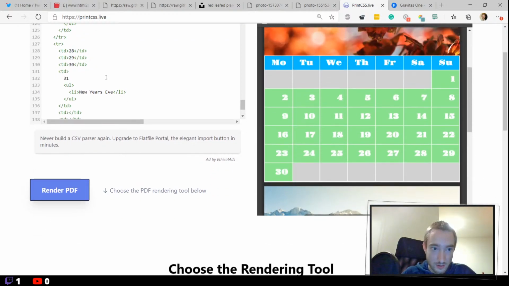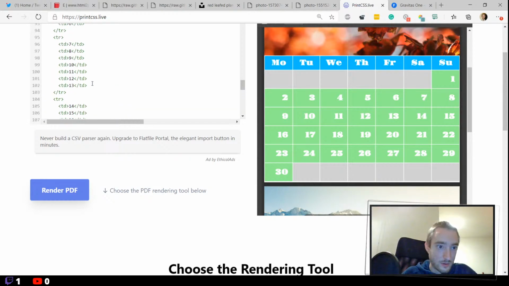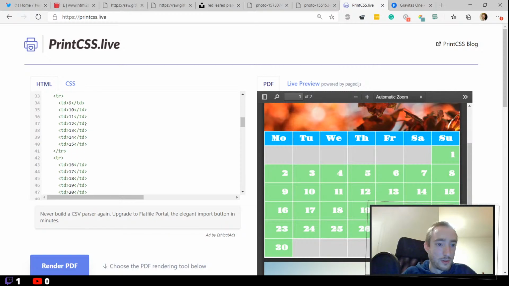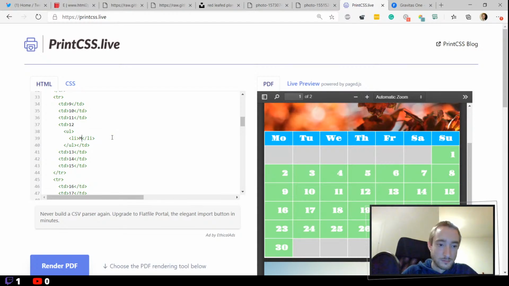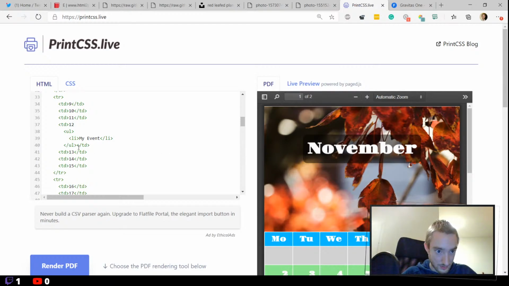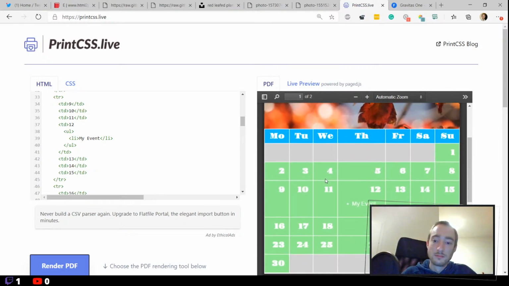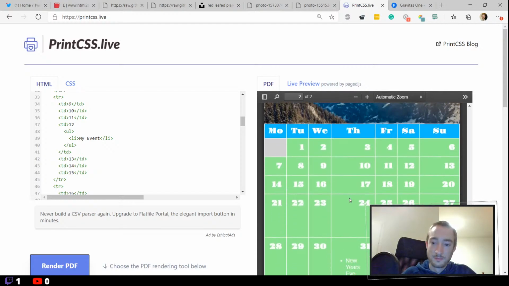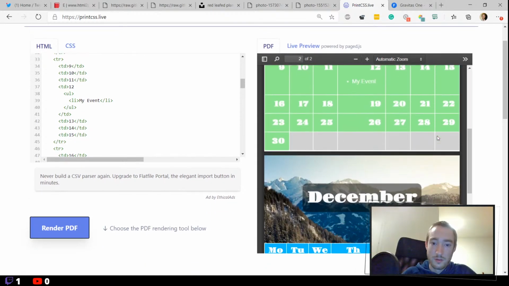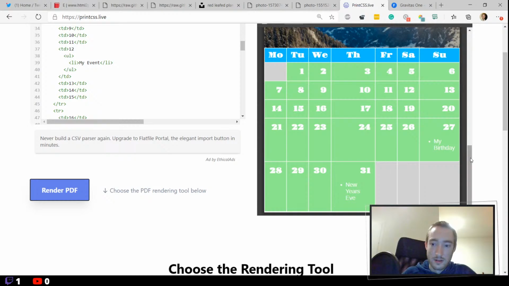So in this way you could add some events anywhere, also in November. Let's go here. Yeah, here we are in November. Let's add some event here. And then also you will see here the table grow and the space for the image will decrease. So in this way you are able to create a nice monthly calendar,